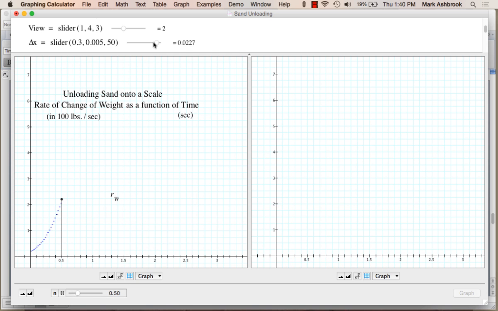So let's see. So there's 0.05. There's 0.0463. So 0.04 is fine. 0.04, 0.03 is fine. And this is the point of the idea, that when that interval gets small enough, your approximate rate function is becoming indistinguishable from the exact rate function. We can't tell the difference, right? We can't tell the difference. So here's 0.005. This is the smallest. And you really can't tell the difference unless you zoom in. If you zoom in,